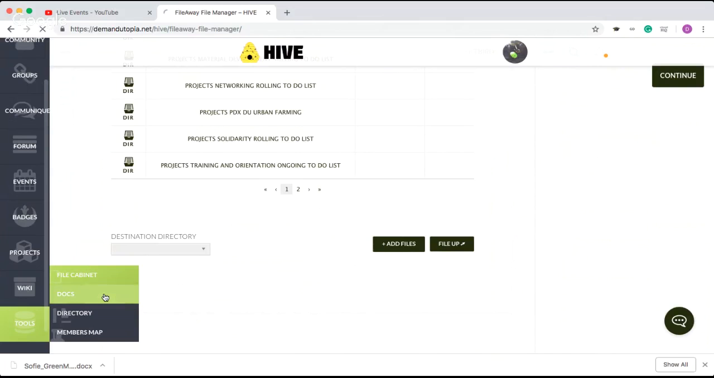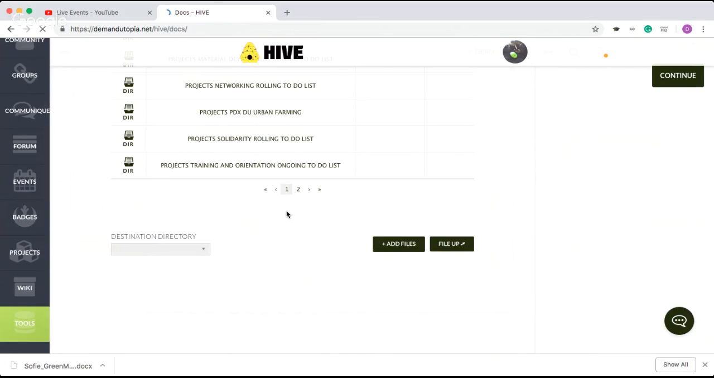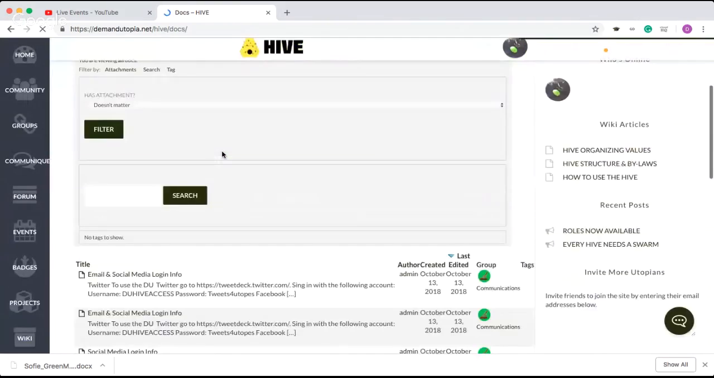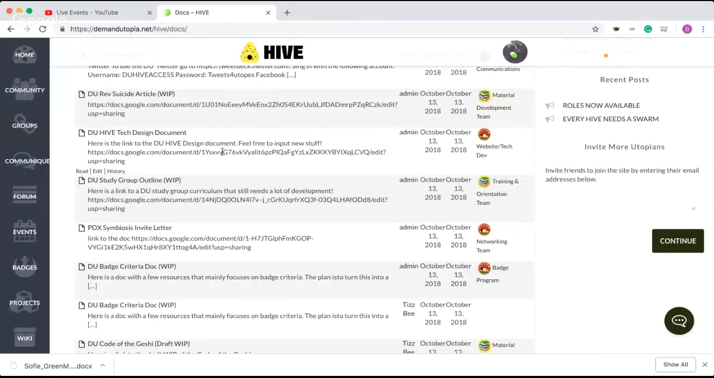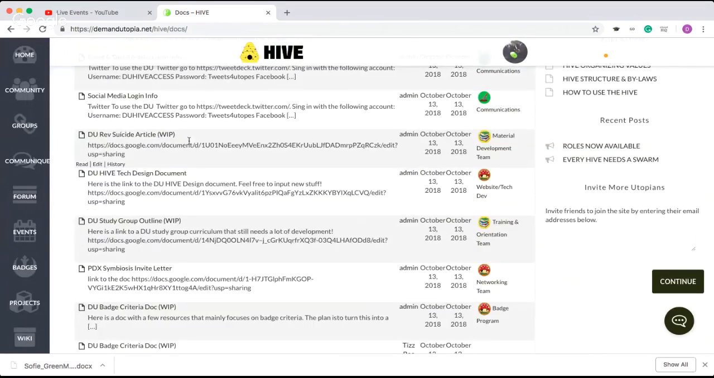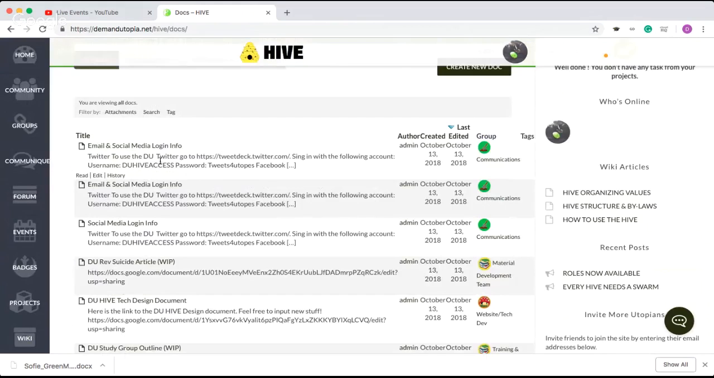And then we have docs. So docs are kind of a separate thing. These are little documents that are created just through this site for different purposes. So you can see with some of these we have just links to Google Docs, or a link to our Google Drive